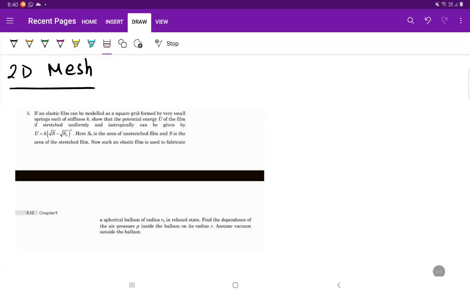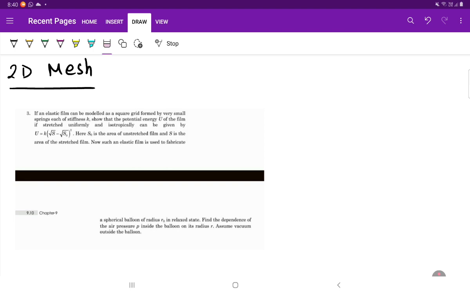Hello everyone. Today in this video I'll be discussing a concept of 2D wire mesh, or basically 2D spring mesh, instead of saying wire mesh. So I have taken up a problem from Pathfinder, that is Challenge Your Understanding question number 3 from the